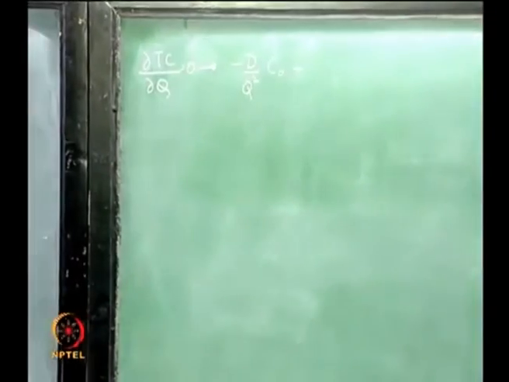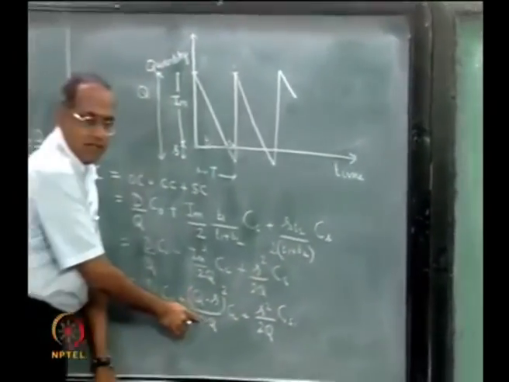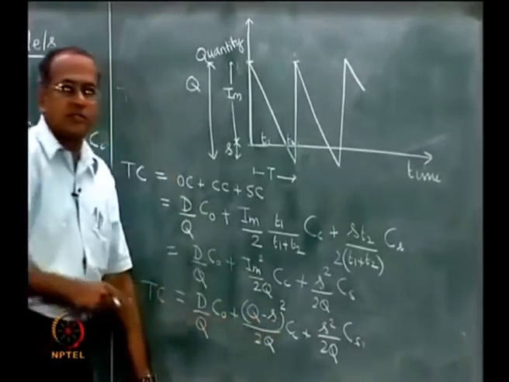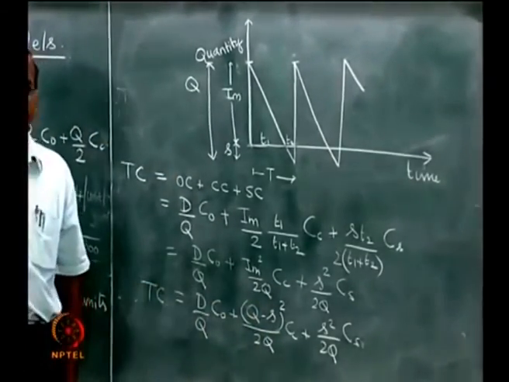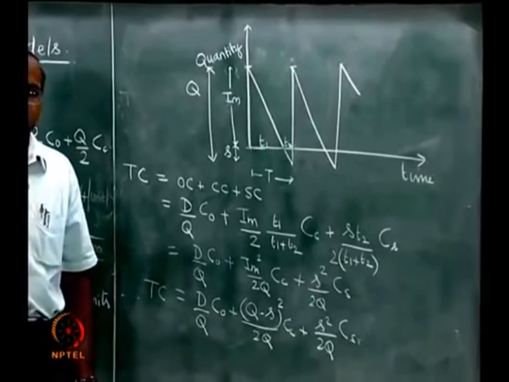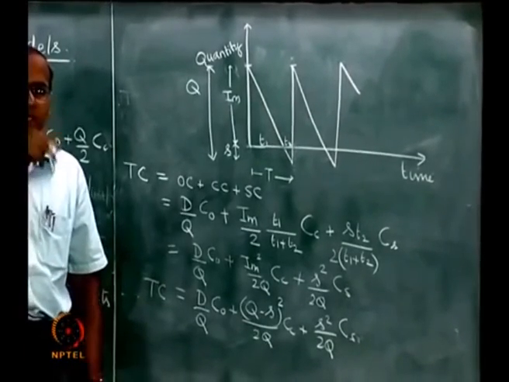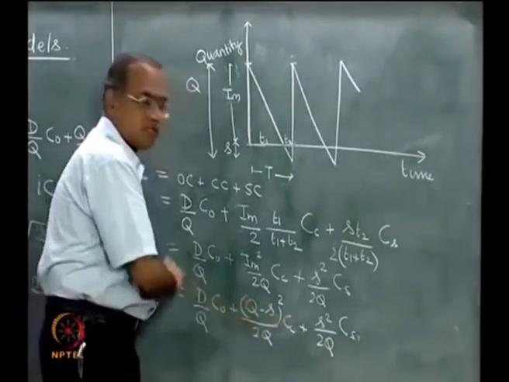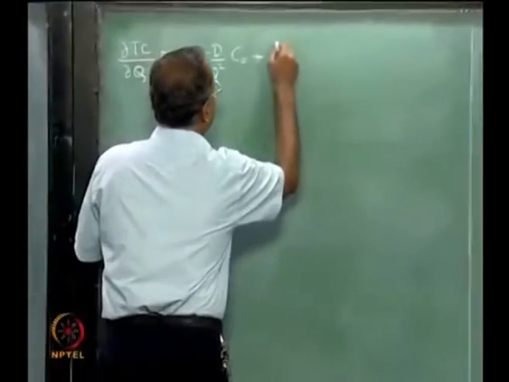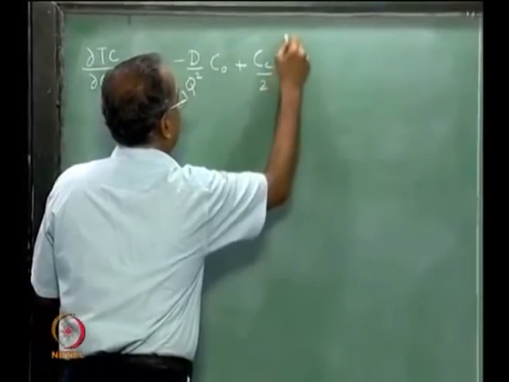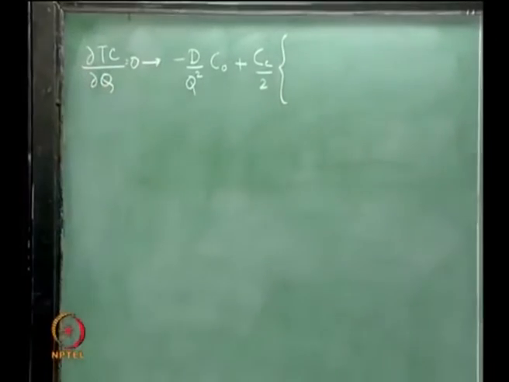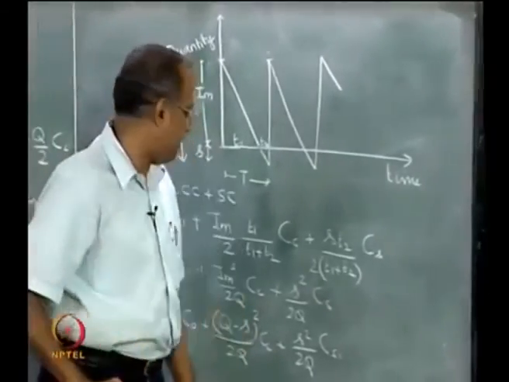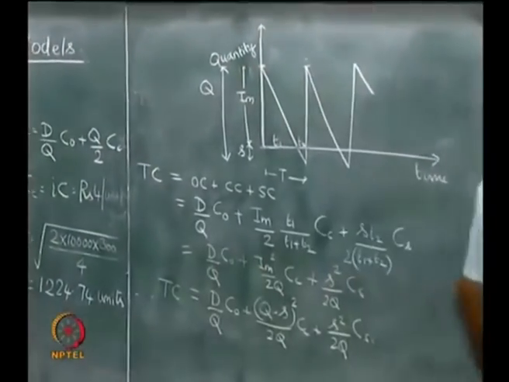Now, this is a term where Q appears in the numerator as well as in the denominator. So, here we need to use the u by v differentiation. So, v square will come in the denominator, v du minus u dv by v square. So, we take this Cc by 2 outside. So, plus Cc by 2 u by v will give us v du minus u dv by v square. So, we put a Q square here.